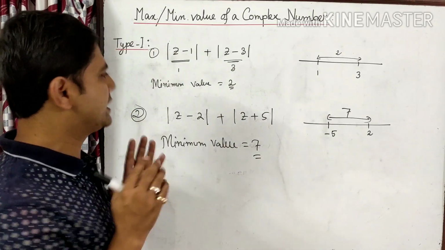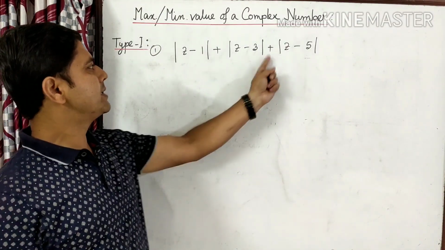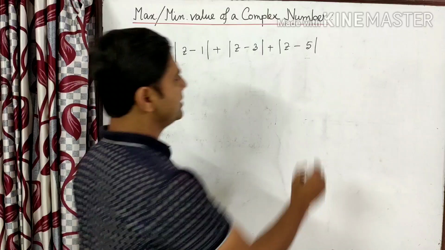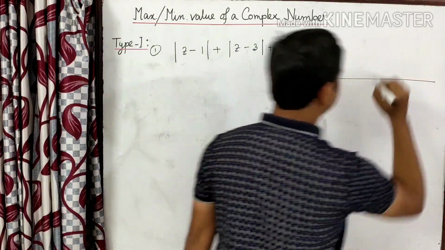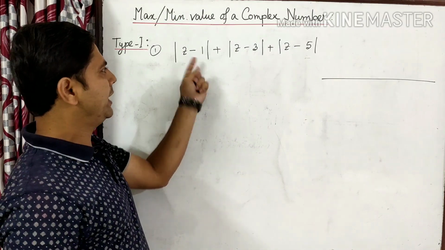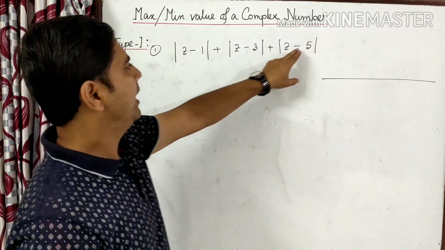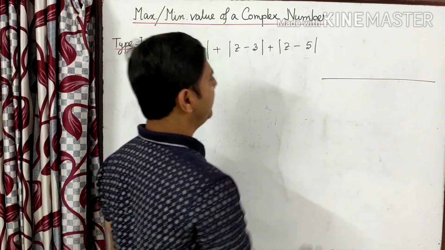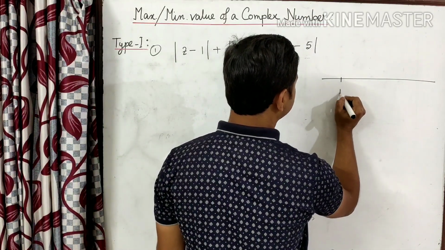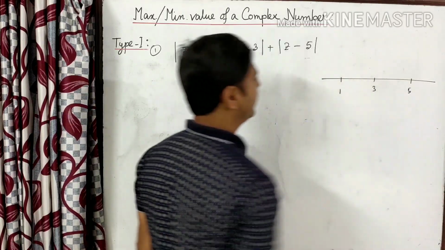Now you can find it in this way. Here consider another example. How many terms does it have? 3 terms are there. Similarly, we draw this number line. We consider this part equal to 0, then you have 1. Otherwise, this one equal to 0, then you have 3. And from this part you have z equal to 5. That means the values are 1, 3 and 5.